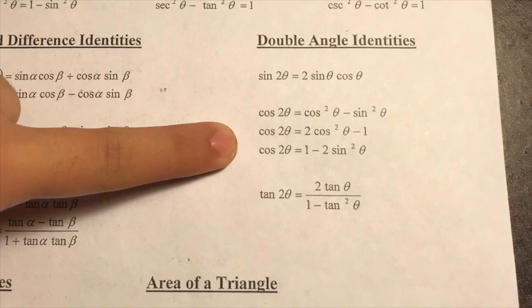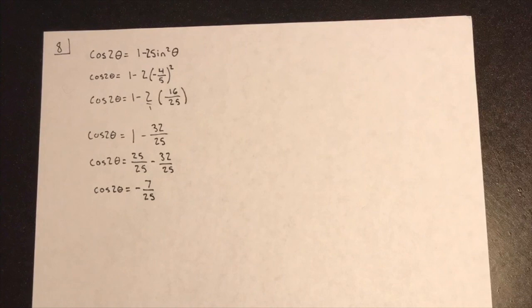After you have sine 2 theta, you need to find cosine 2 theta, and you go under the double angle identities and find the formula which best suits this problem, and that will be cosine 2 theta is 1 minus 2 sine squared theta. Using the triangle you graphed earlier and the formula, you can then plug in the sine